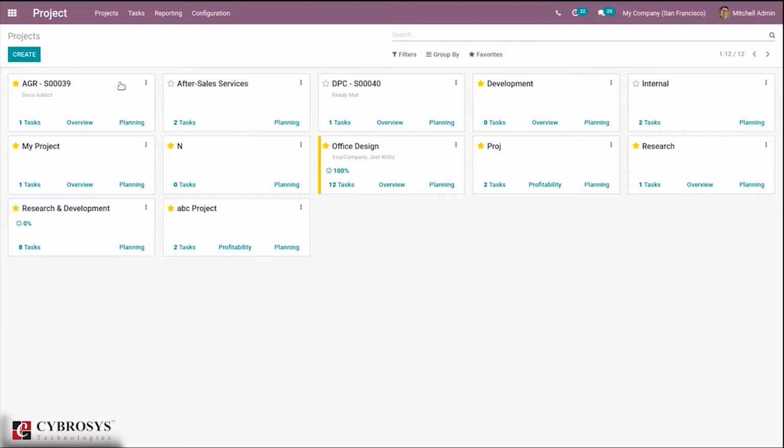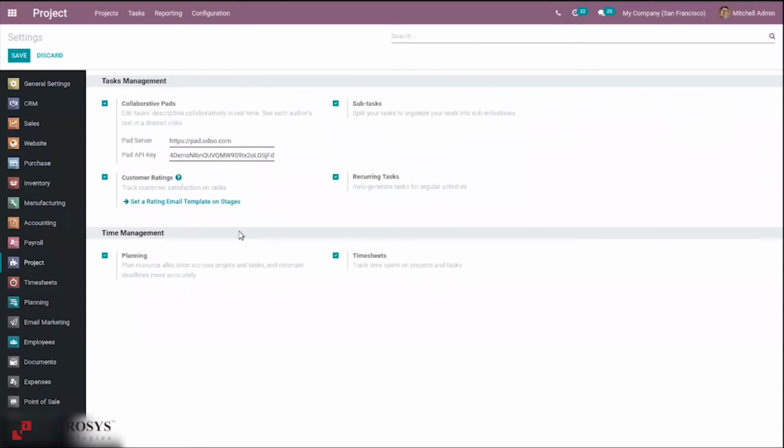To view the planning and to create timesheets for your projects and tasks, we have to enable some features in configuration settings. When you go to configuration settings, you can see time management of a project. Here we can see two options, that is planning and timesheets. Planning means plan resource allocation across projects and tasks and estimate deadlines more accurately, that is in order to plan the time needed for the completion of a task by an employee.